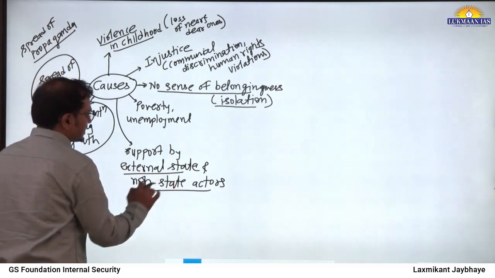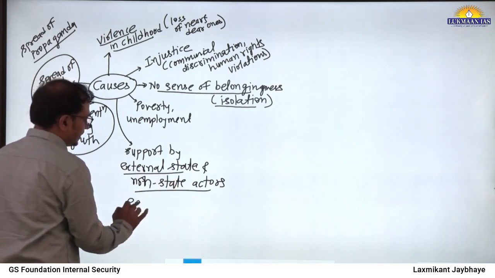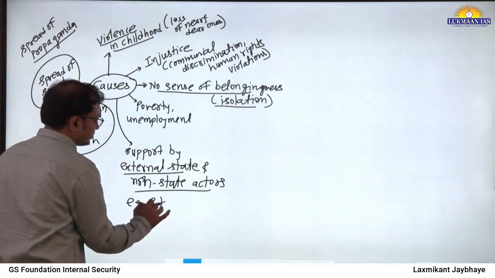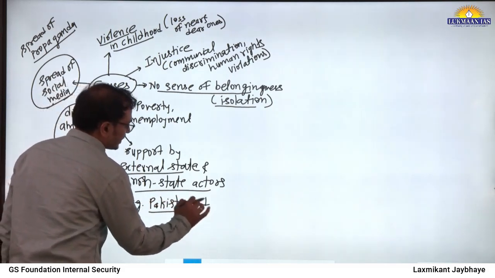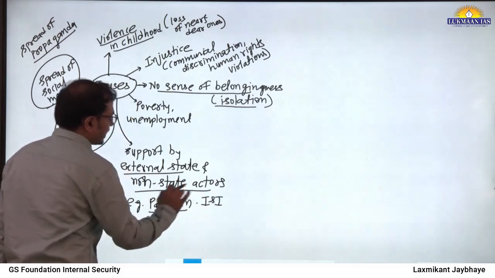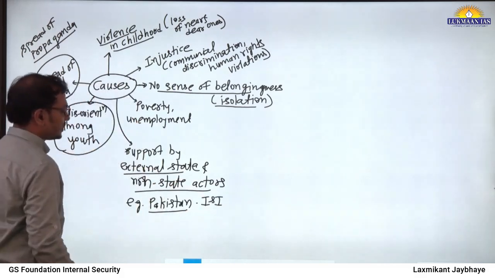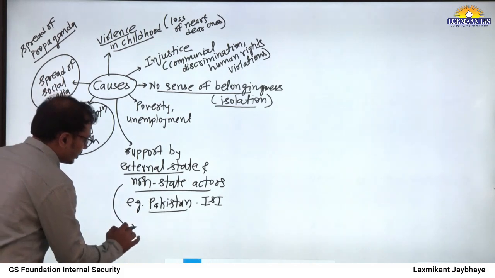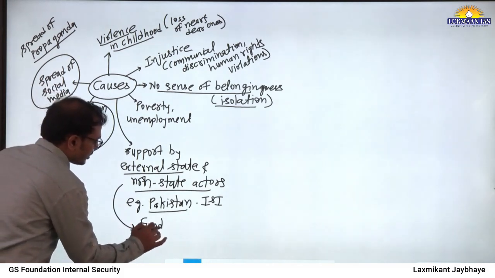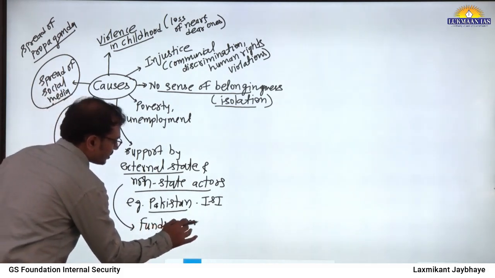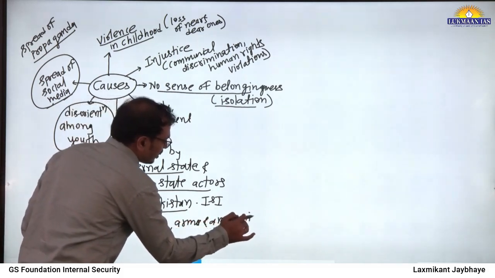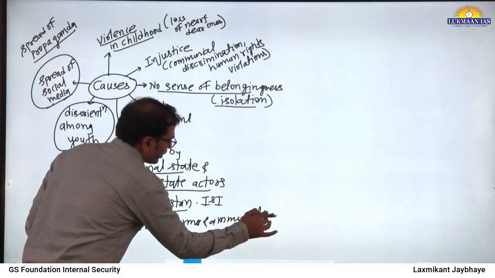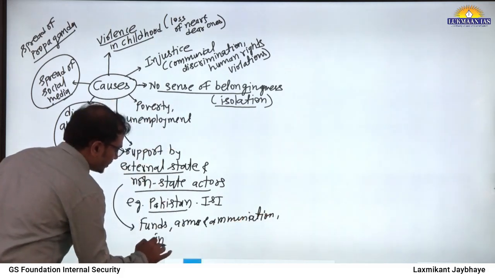Support by external state and non-state actors, for example here in this case Pakistan, ISI, or non-state actors like all these terrorist organizations, how they support: funds, arms and ammunition, infiltration,